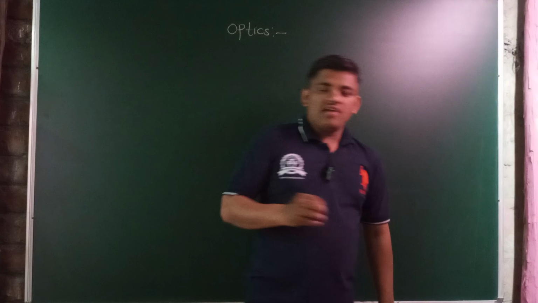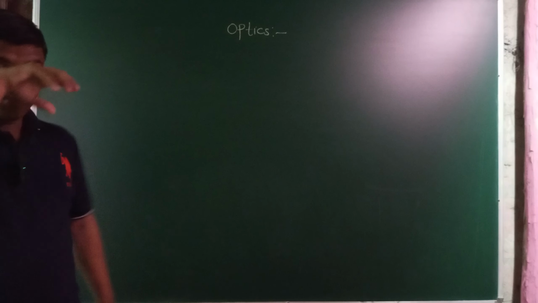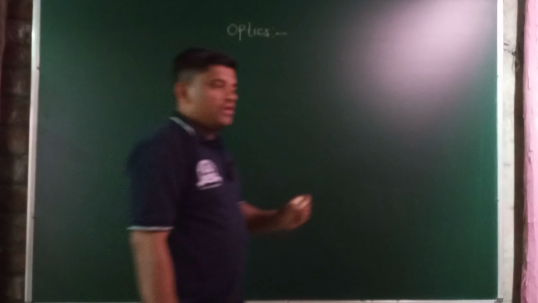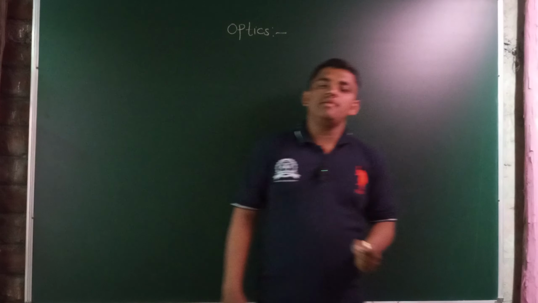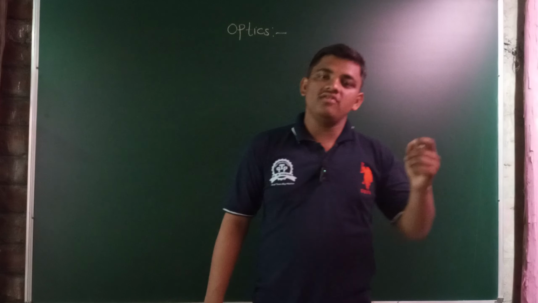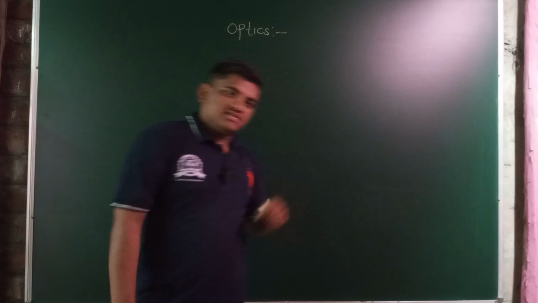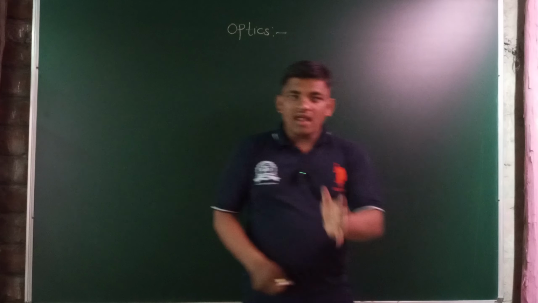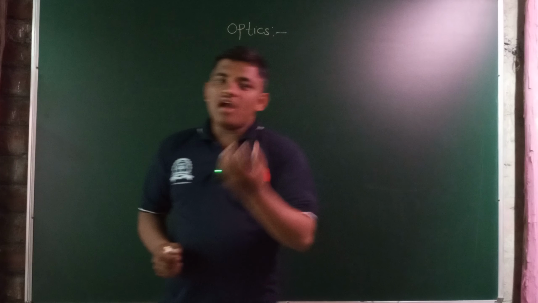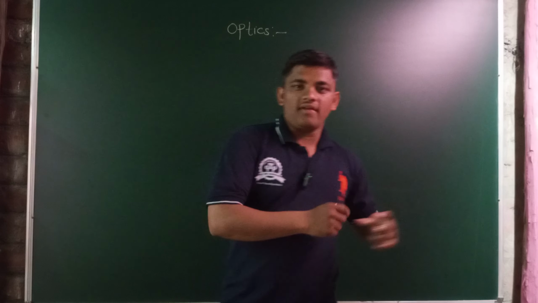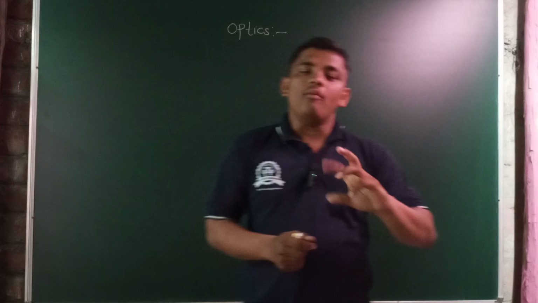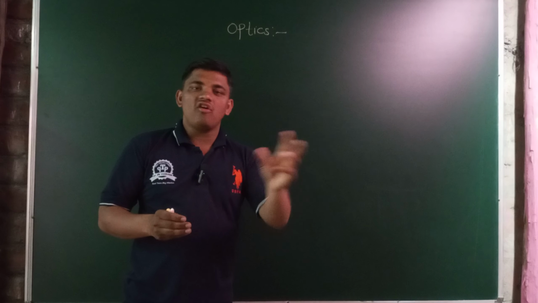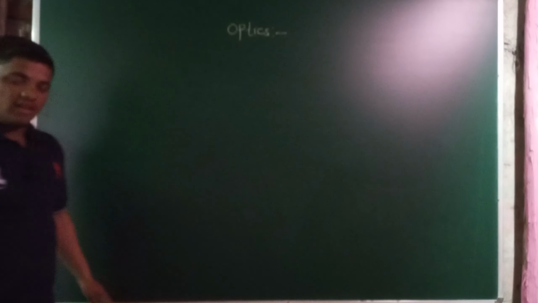In this lecture, as promised in the previous lecture, we are going to discuss total internal reflection. This concept will be discussed with the help of the properties of refraction of light which we discussed in the previous lectures. After the definitions and certain parameters about the properties, we discussed two conditions about the refraction of light when light travels from one medium to another medium. These conditions are based on the type of medium.